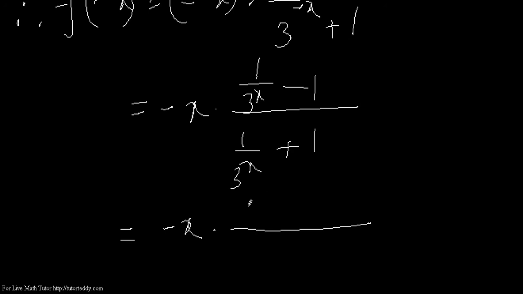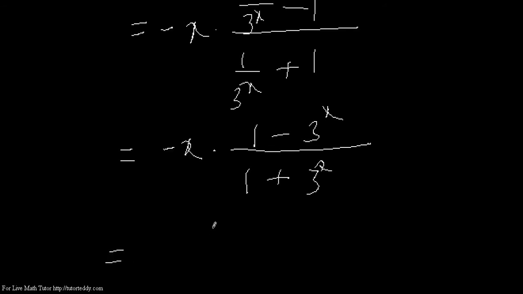So this is, if I take 3 to the power x as LCM here, I get 1 minus 3 to the power x divided by 3 to the power x. And also in the denominator, if I take LCM 3 to the power x, I get 1 plus 3 to the power x, and the divided by 3 to the power x part gets cancelled in both numerator and denominator. So I'm left with this,